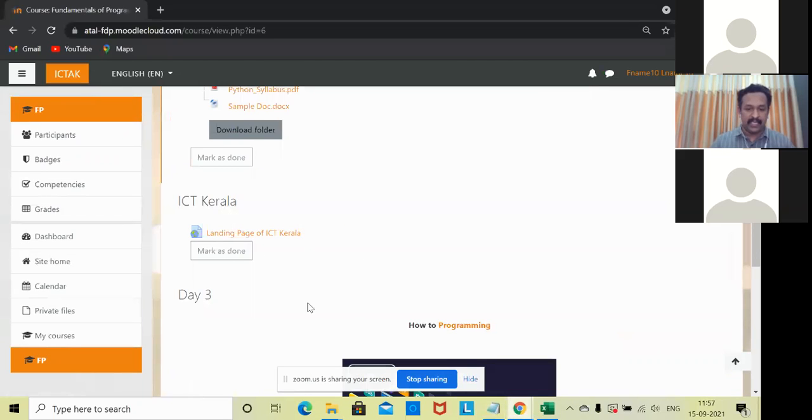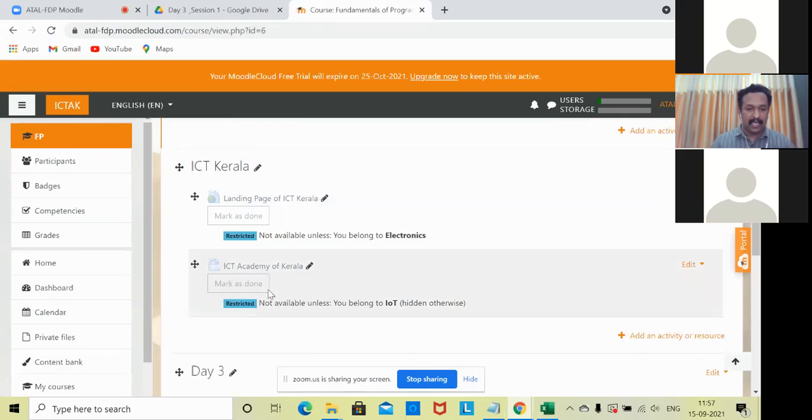Now you can see the landing page of ICT Kerala.